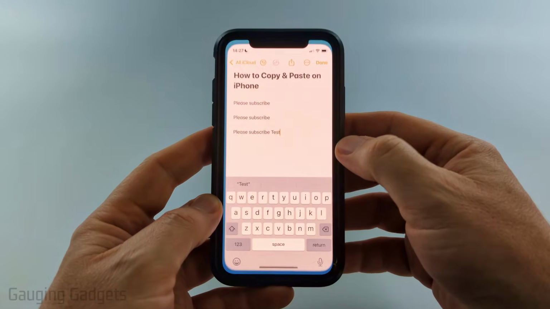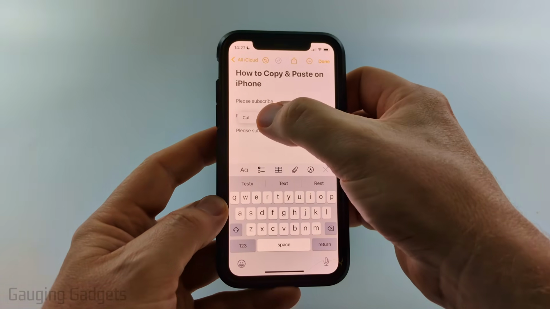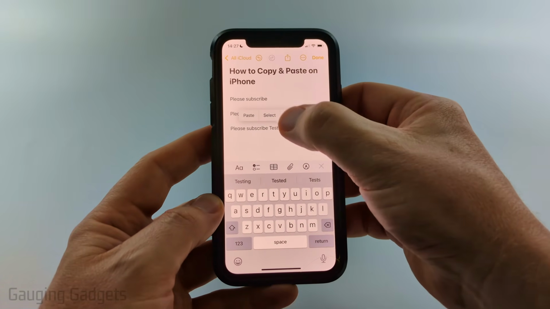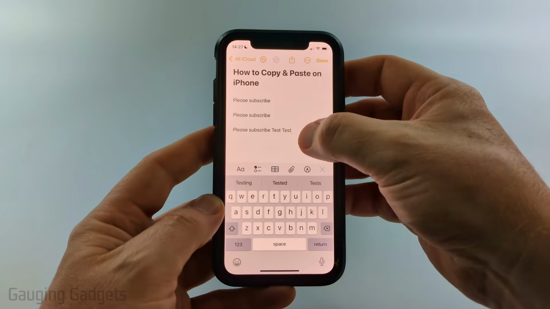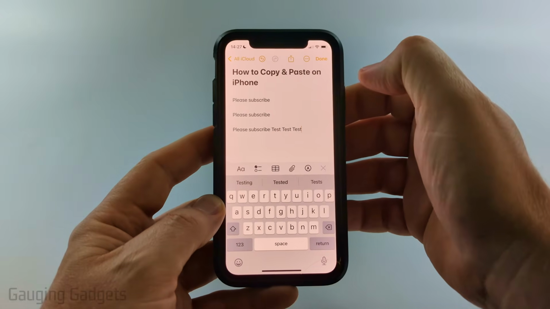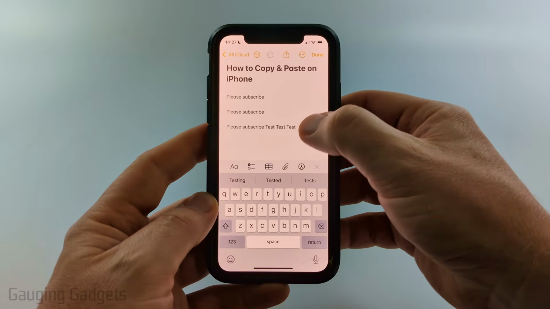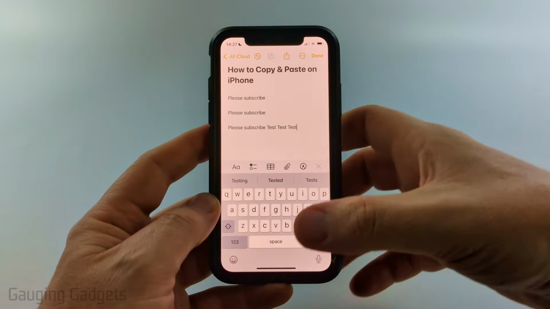So as a quick example, I'm going to open up the Notes app. And if you copy anything on an iPhone, you'll then be able to paste it, and that item or that text has been saved to your clipboard. So I can paste it as many times as I want to. Now, if you want to clear your clipboard or delete whatever is in your clipboard, we can easily do that